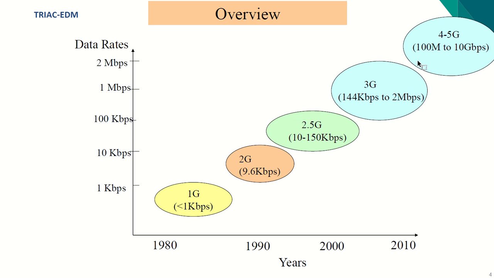But up to 4G and 5G, people demand more because we not only demand the data service, we also demand the service to be efficient, immediate, and fast. We like the data to go fast. So the requirement would be 100 Mbps to 10 Gbps. And that's the 4G, 5G